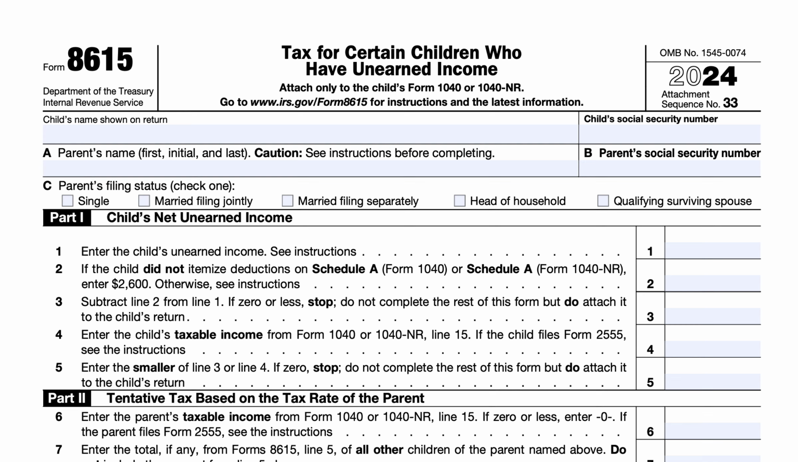Over IRS Form 8615, tax for certain children who have unearned income. So this would be a tax form that would be completed in the case of a child that meets the following criteria. First, they had to have more than $2,600 of unearned income for the tax